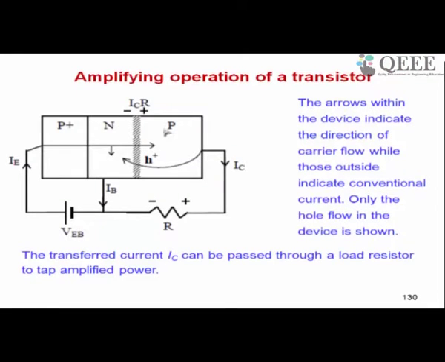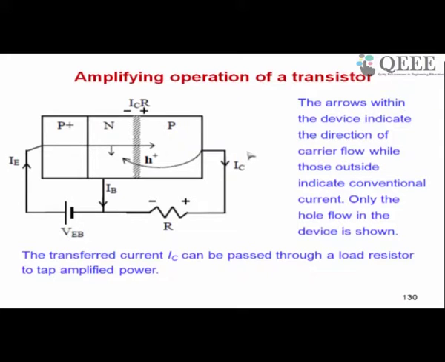Okay, so again if this gets forward bias, what is going to happen? P region is going to inject holes into N region. Now this whole current which is injected, and forward bias means a high current. So a large number of holes are going to get injected from P to N if forward bias is present, and this injected current will oppose or nullify this whole current which was there because of transistor action coming from the emitter. And if you sum these two currents up, your current is going to become very, very small because one is opposing the other. In other words, the collector current will become really very small.